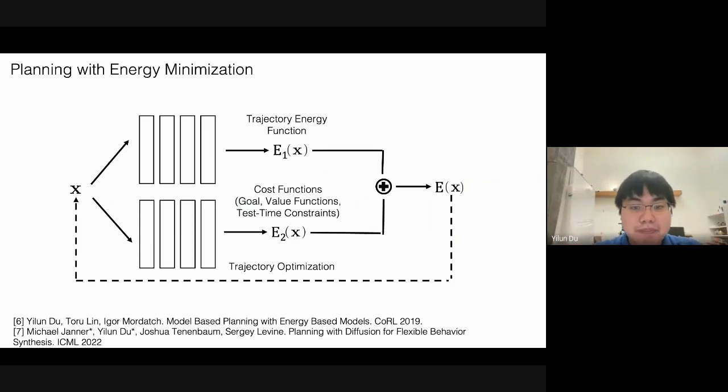By adding these two energy functions together, you get a new energy function, E of x, that captures both whether trajectories are sensible or not, as well as whether they satisfy each of these conditioned elements. And by adding these two energy functions together and running a trajectory optimization, which is basically the optimization procedure we were talking about earlier in the image setting, you can synthesize trajectories that have both of these properties.